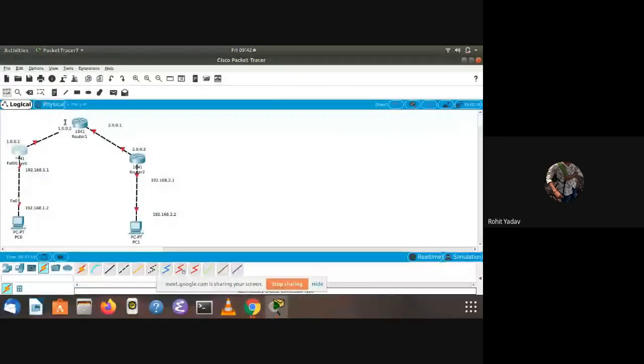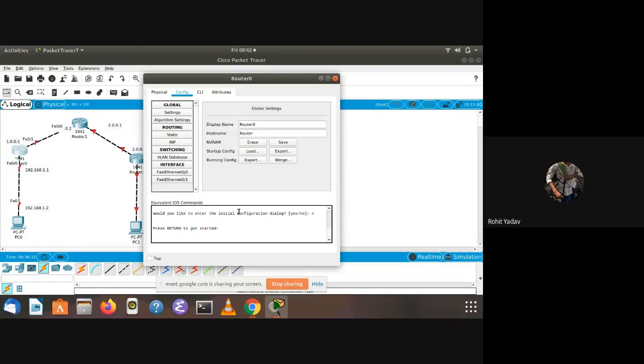There are three routers and two PCs, and the IP addresses are given. We are going to assign them one by one and show the demonstration. So we will start from here.